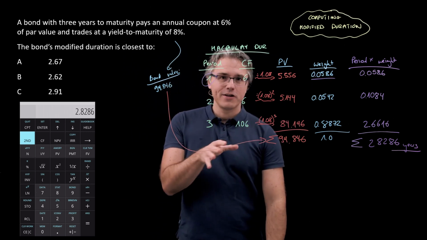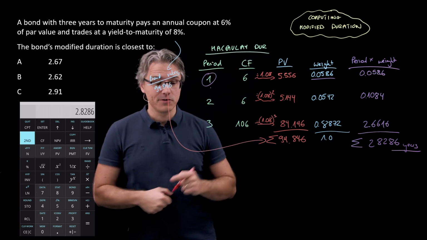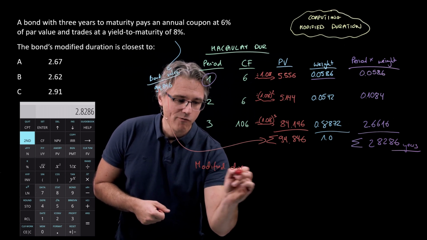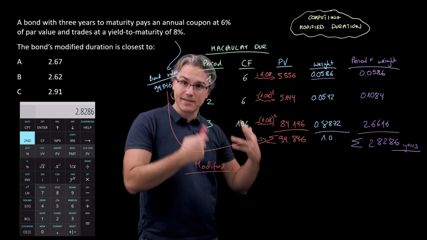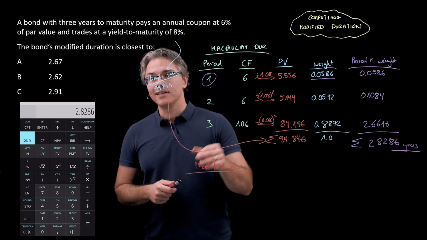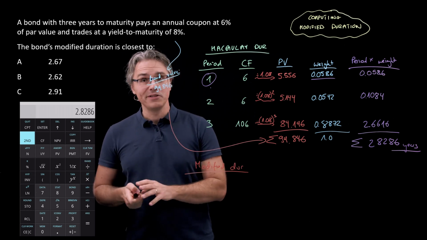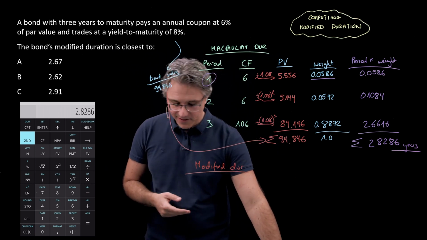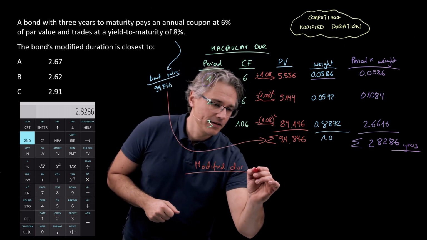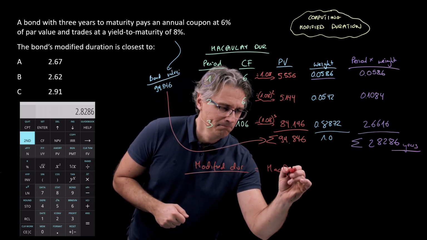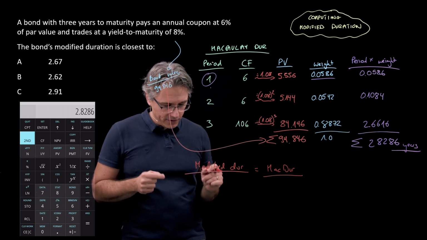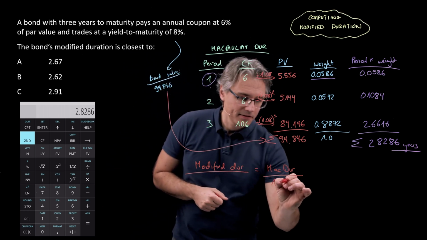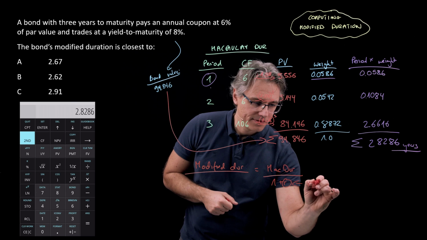However, Macaulay duration alone is not as useful as something called modified duration. And modified duration is the one that's going to help us assess how sensitive a bond is to interest rate movements, something that we will be doing in follow-on questions in the future as well, and something you should be doing in your curriculum studies anyway. So modified duration is taking the Macaulay duration, what we computed just a moment ago, and dividing this by 1 plus r,